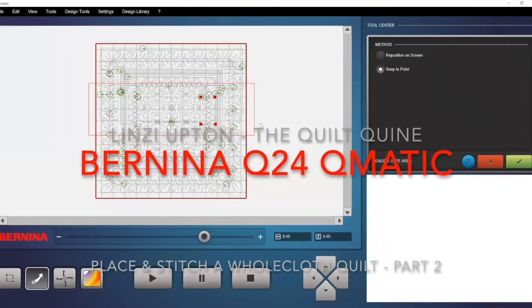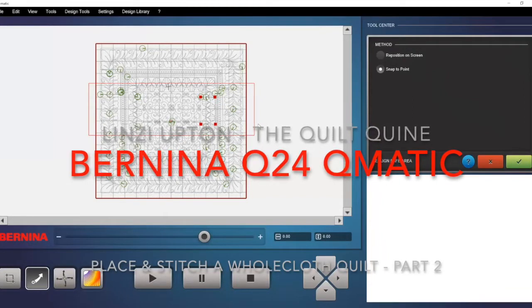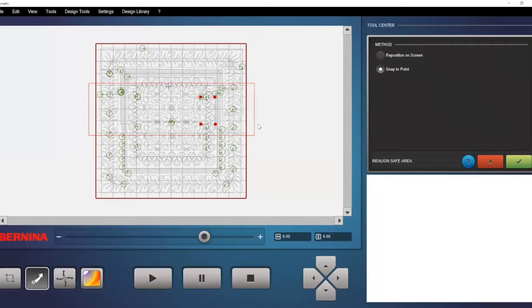Okay, let's assume that I have been away for a cup of tea and I've come back. I need to let Qmatic know where it's got to set the new safe area since I've now advanced the quilt. I need to make sure that I don't advance it too much or I won't be able to fit the vertical borders in. So I've taken my sew head roughly to somewhere on the medallion pattern because that was